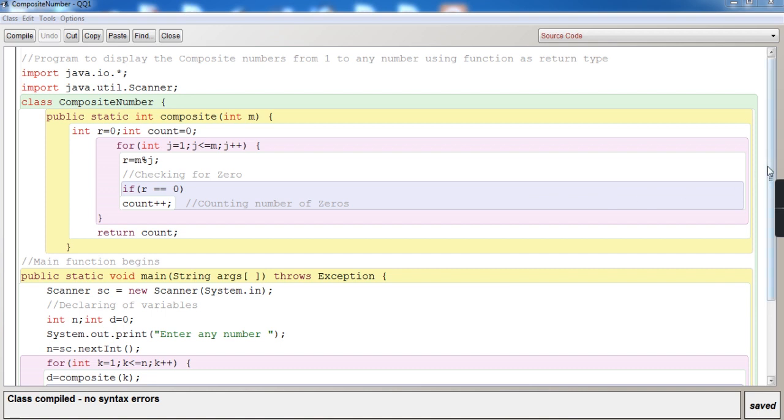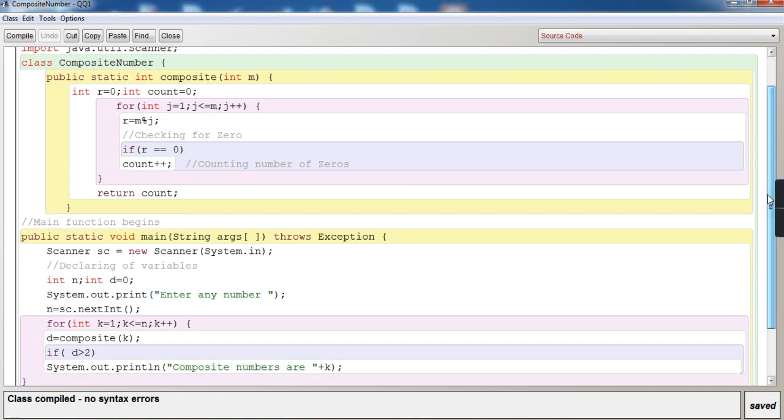So you know where to start with the main function. So we'll go to the main function. Over here, can you see the highlight? Public static void main. The program starts from main, that you know very well, and we have some declaring of variables. One is int n, one is int d. n is used to enter any number, that is the limit, for example 20. So within 20 we would like to see which are the composite numbers.